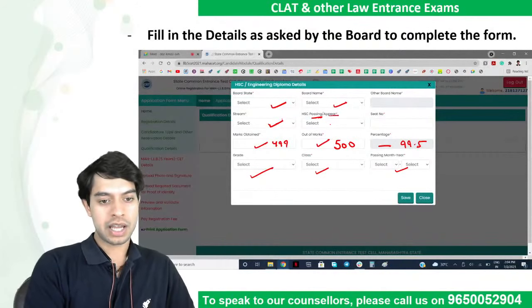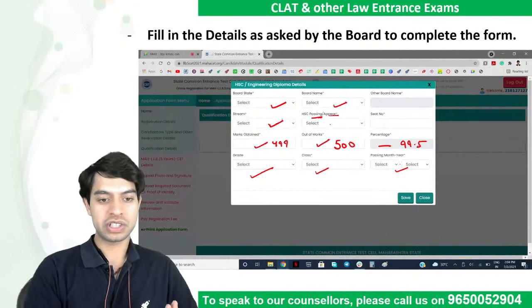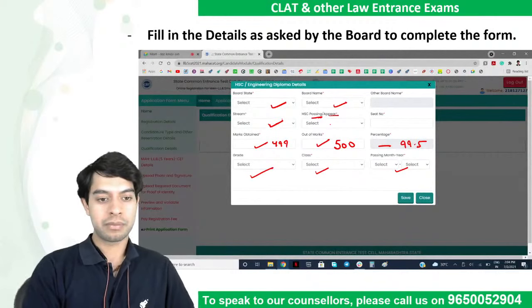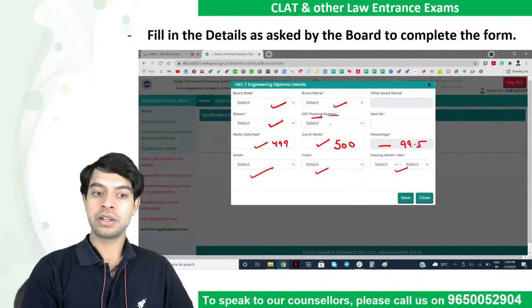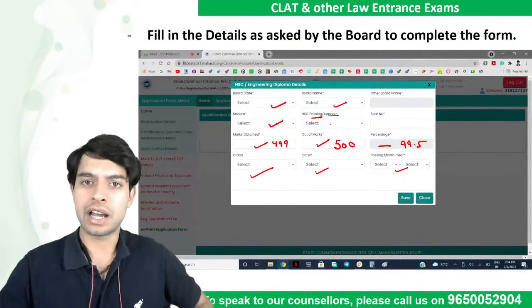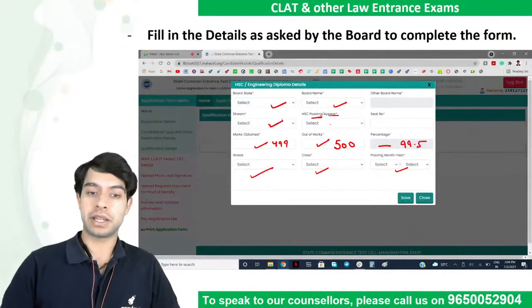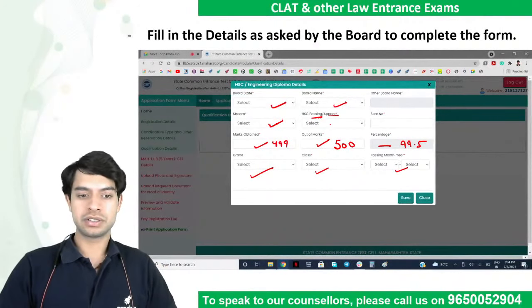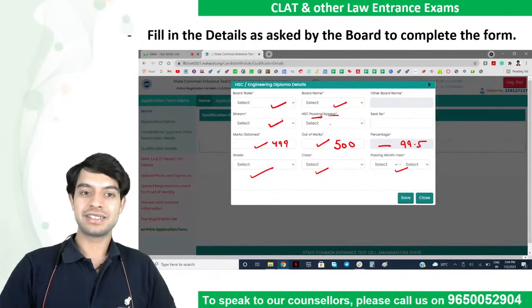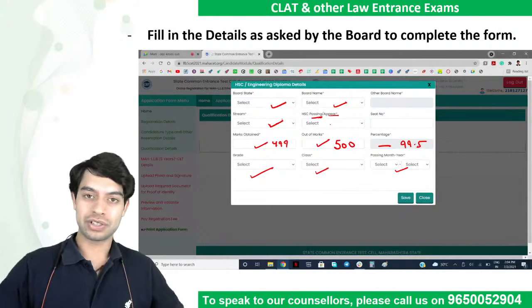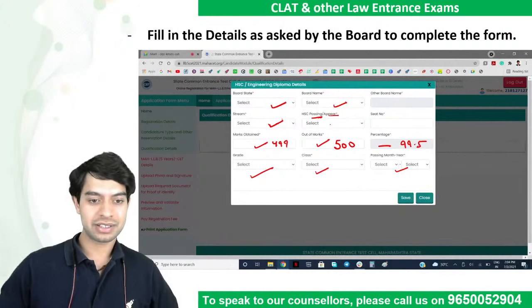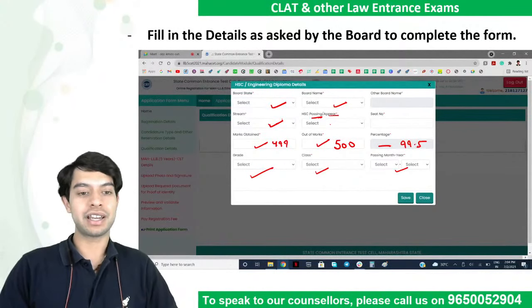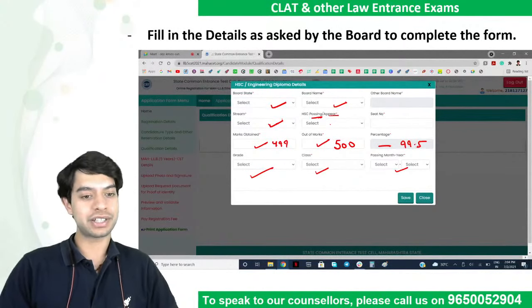Sir, I am living in Maharashtra since 4 years. So which category will I fall in? Priyanshu, you are living in the state of Maharashtra, but which address is in your Aadhaar card or in your documents? Am I audible? Yes, in your Aadhaar card and in your documents, if the address of Maharashtra is there, then obviously